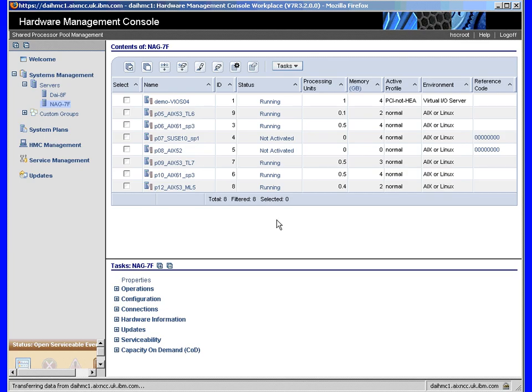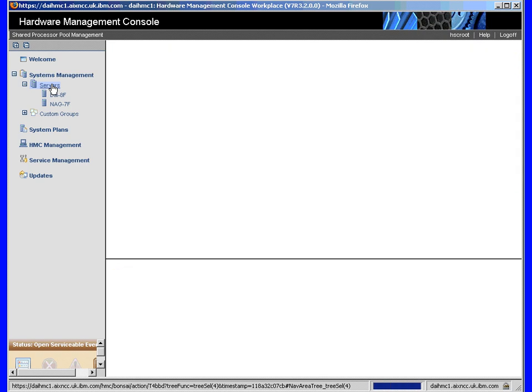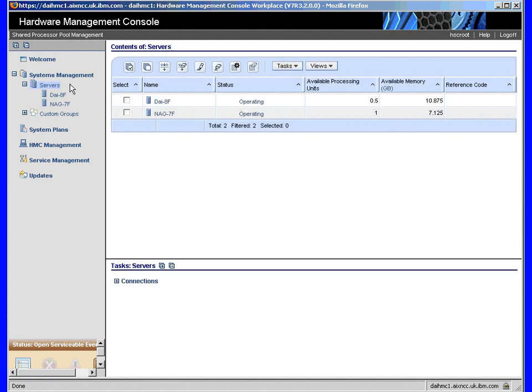Now I want to put 2 of these logical partitions into a new shared processor pool. Now the way we do that is we have to go and create the shared processor pool and set the partitions into that pool. And we do that by looking at the server level. And it may not be very obvious where to find that. So we click here on servers, we find a list of all the machines that this HMC is connected to. So here's the NAG machine. If we select that,